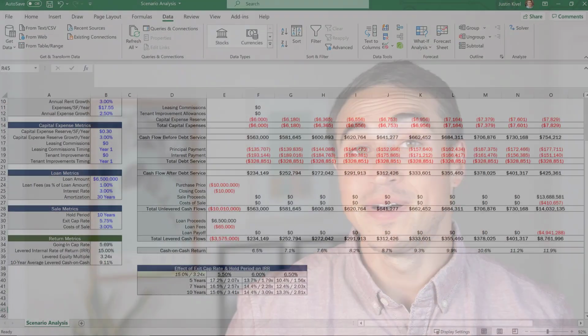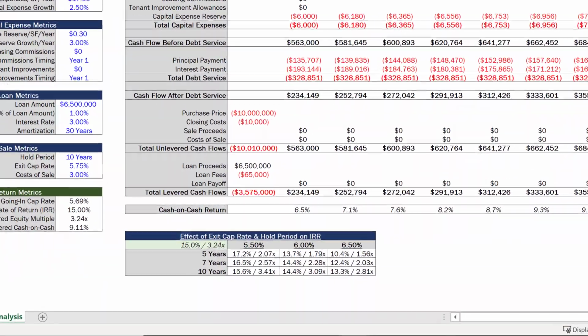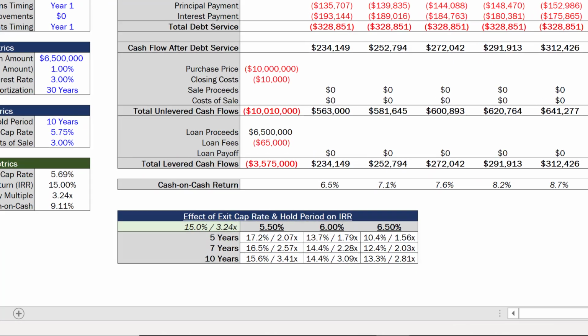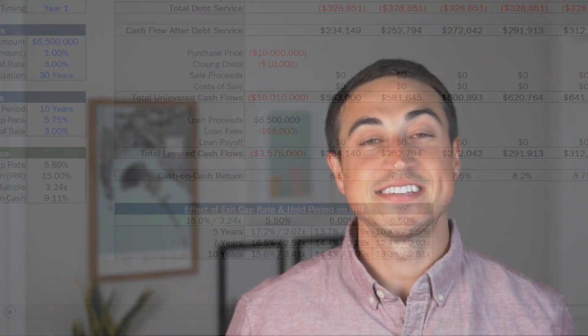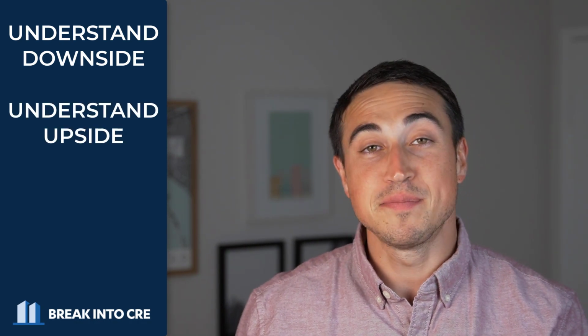This type of analysis can even show the effects of changes in model inputs on 2 key return metrics at the same time, like the IRR and the equity multiple, which makes these tables even more efficient to use as an investment analysis tool. Ultimately, sensitivity analyses help investors understand their downside and upside scenarios,